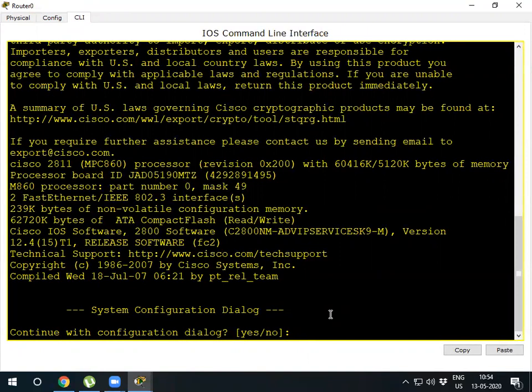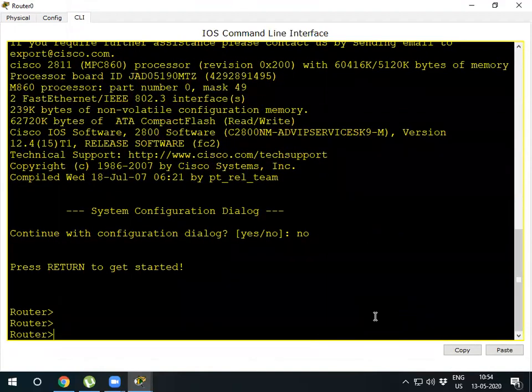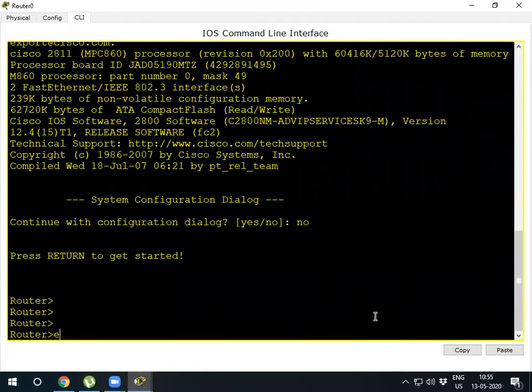Now what we have to do? Just very simple. No. That is continue with configuration dialog, yes or no. So as we are configuring the router by our own, I am not going with the company's default setting, so we are just giving it no. That is continue with configuration dialog, no. So no. Just enter. You see there is router in